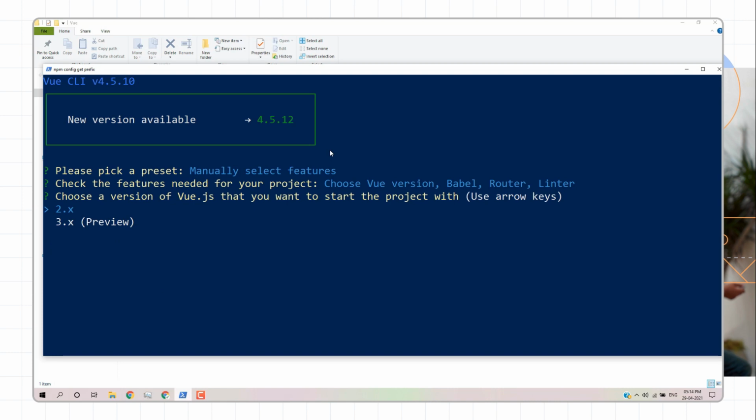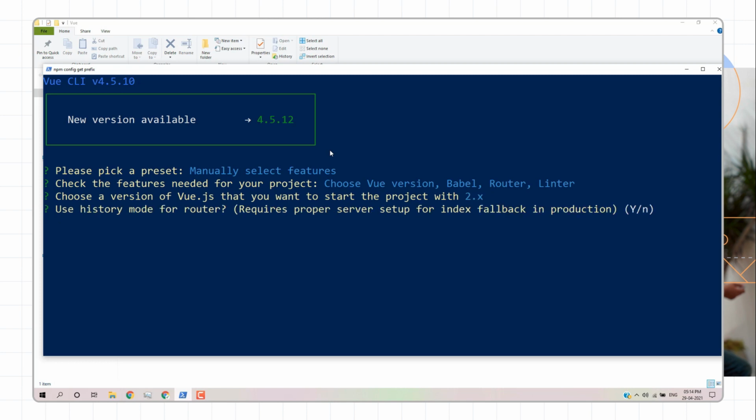We are working on Vue.js version 2, so we'll select version 2, and then it will ask for the routing mode. We have to use the routing mode as history. Basically, history mode means, let's say my application name is techferment.com, and when I switch to the about page, the routing path will be slash about.